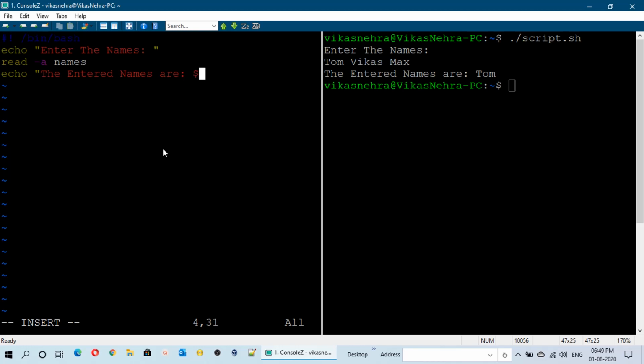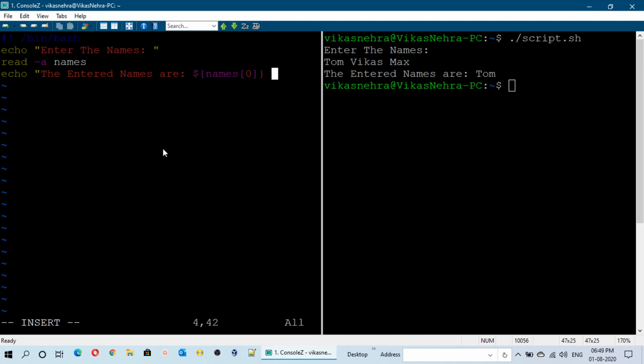and here we have to call the array, and for that we use the dollar symbol. After the dollar we use the curly bracket and mention names, and for the first name we use the square bracket. Let us say it starts with 0, and then we close the curly bracket like this.